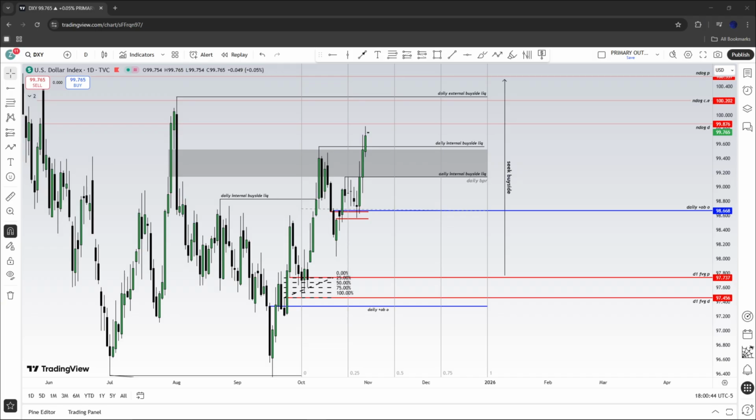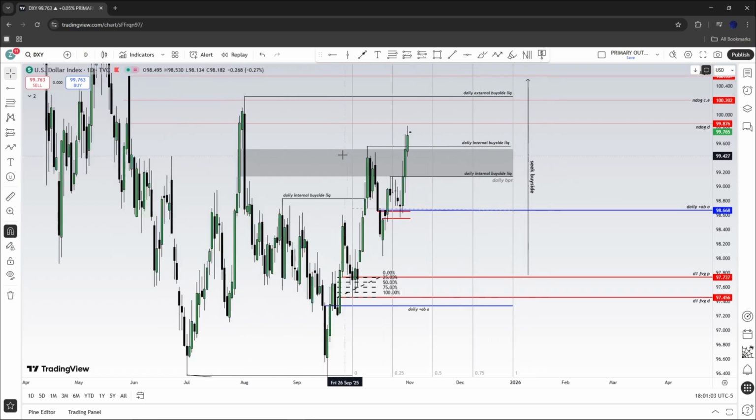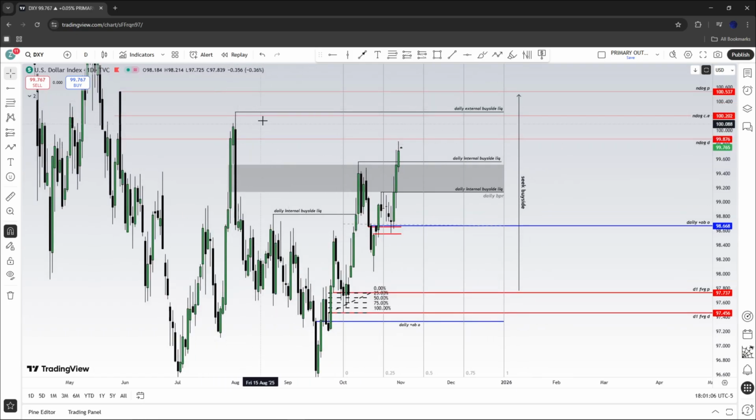A couple of weeks ago, we spoke about the dollar index and the highest probable direction it was going to be moving in. I highlighted the buy side that we had in our previous cycle, which was the mid-year quarter, Q2. We had priced in this external buy side liquidity inside of a new day opening gap shortly after Trump was elected, shortly after he started working with the tariffs. And I highlighted this area as a potential draw on liquidity back when we were down here.